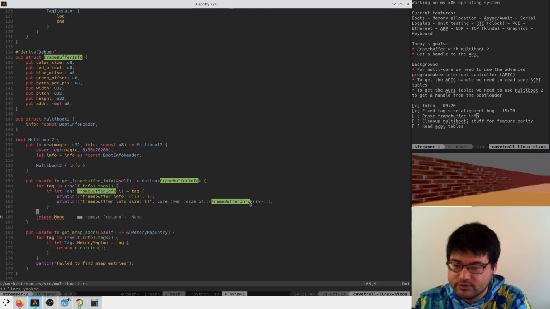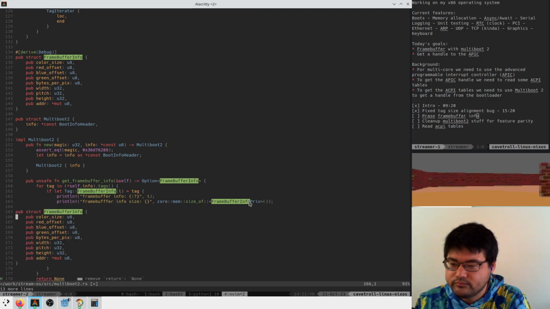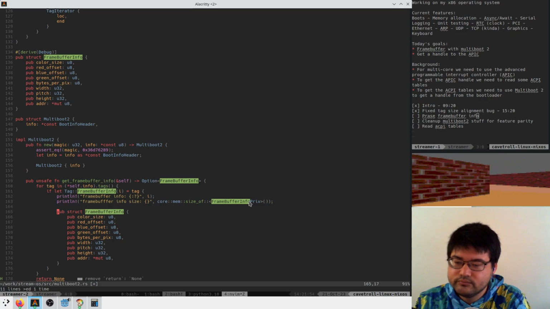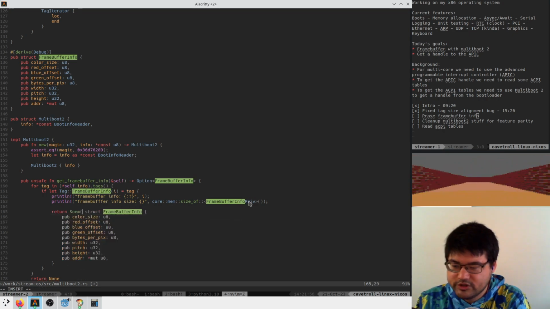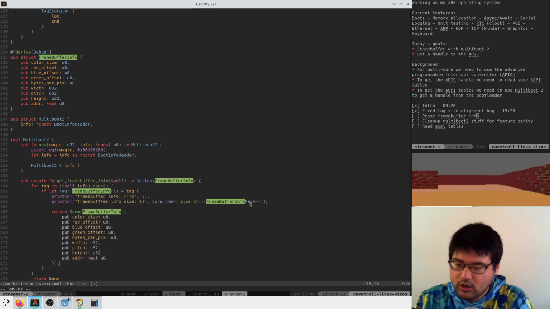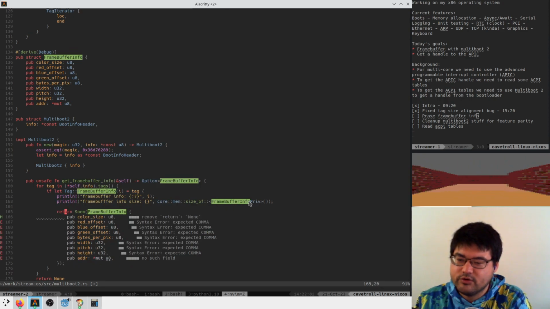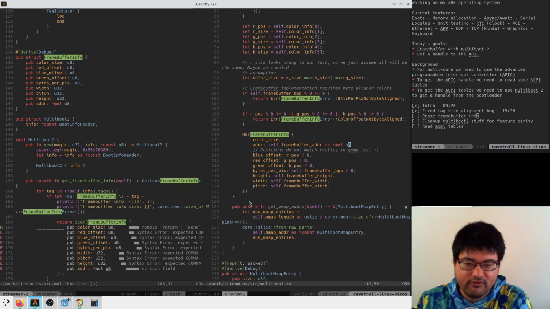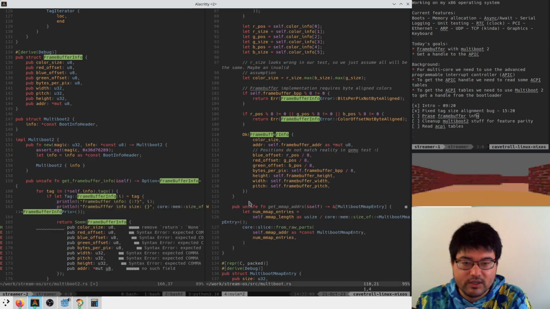So let's go back to where we do this, and we're going to return an initialized structure. Its color size is going to be... what do we do in multiboot 1 here? I think this is in bytes instead of bits for some reason. I think I just thought that'd be easier.